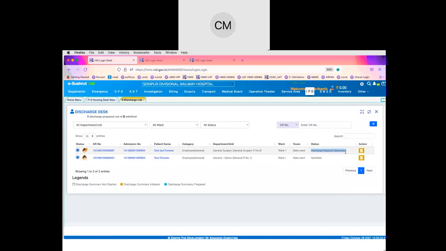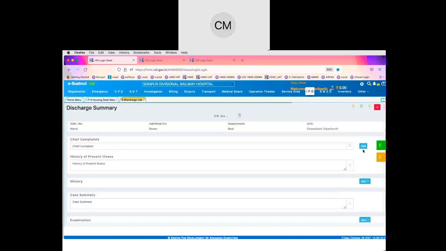This is the discharge related notes given by the doctor. The doctor can also indicate the date on which the discharge summary has to be prepared. After that, we have an icon in the action column. If you click on it, we can prepare the discharge summary.